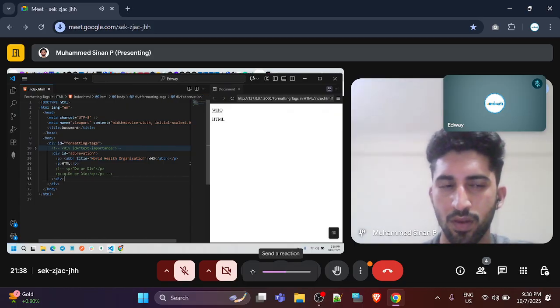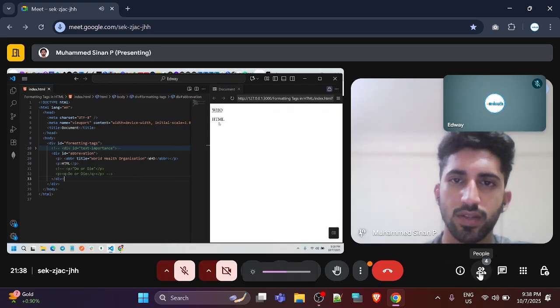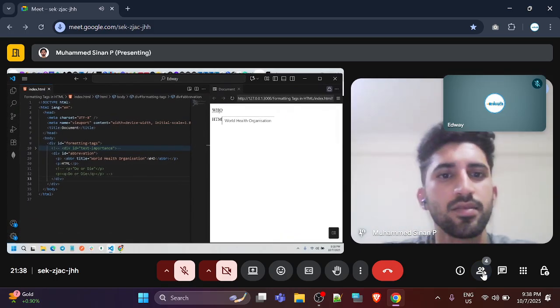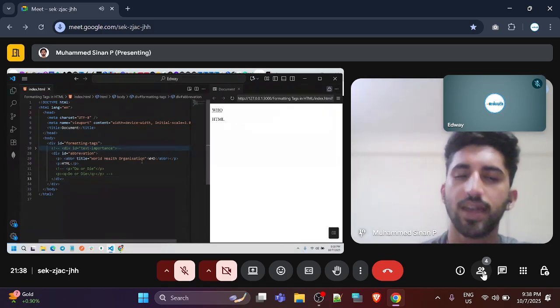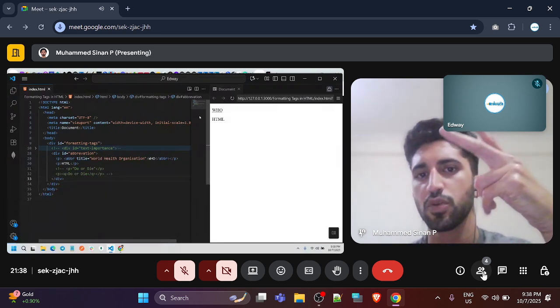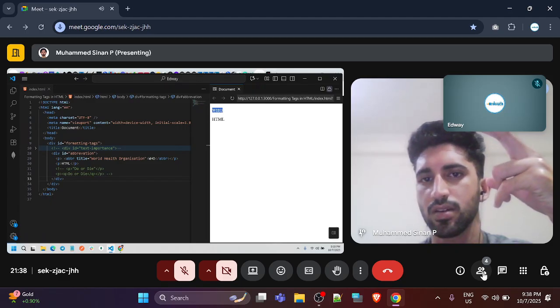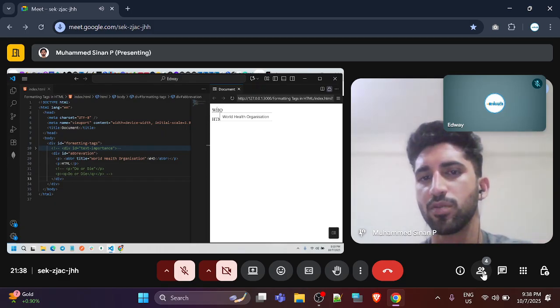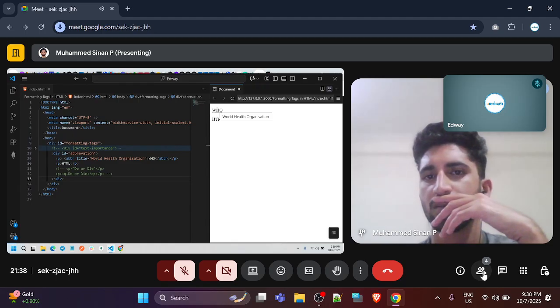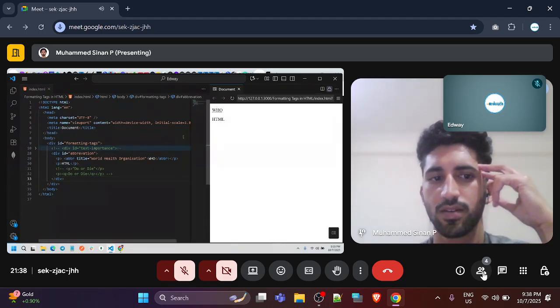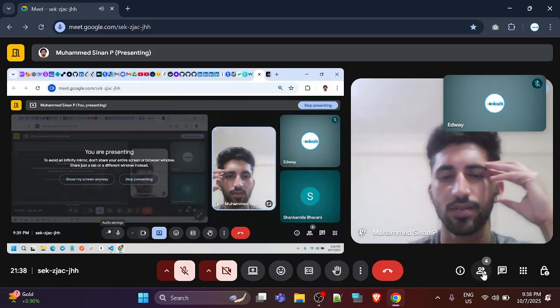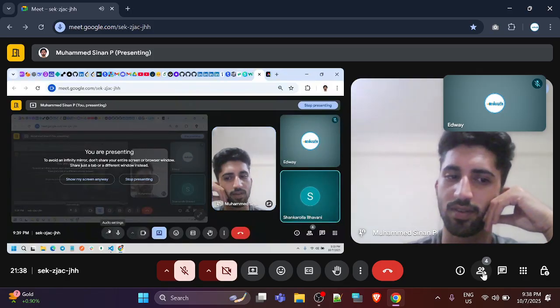So when I hover the cursor over WHO, what you can see? The full form of WHO. Exactly. So that's the other use. Basically two uses: you can highlight the abbreviation, and you can get the abbreviation's full form with the title attribute that comes with the abbreviation. You got me? Yeah, understand. Okay, is there any other doubt? No, clear.